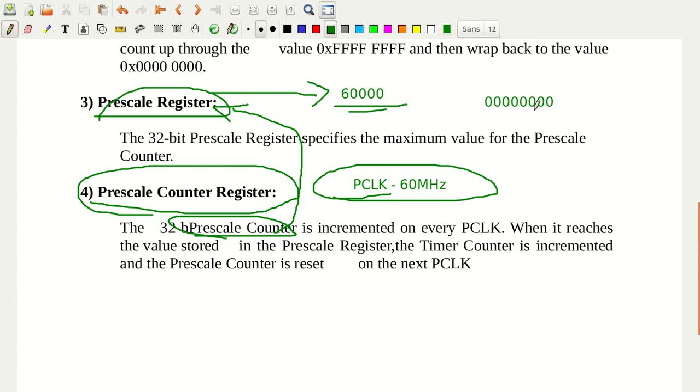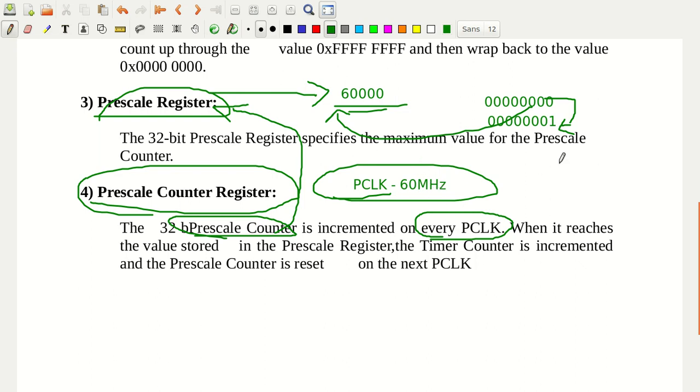It increments from this value till this value, and if it has to change from 00000000 to 00000001, it gets incremented by 1 on every PCLK, meaning for what is the time,